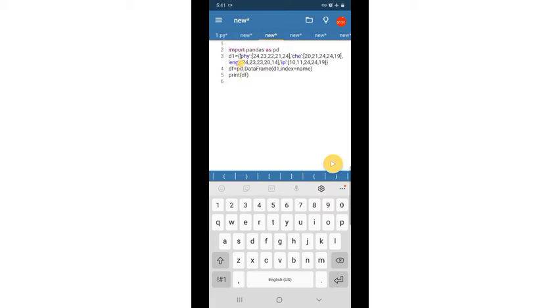So here I am going to insert a column name, then another column roll number.